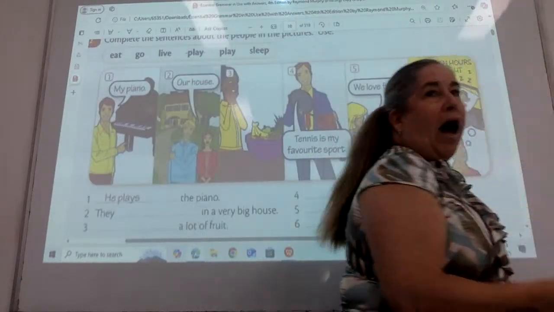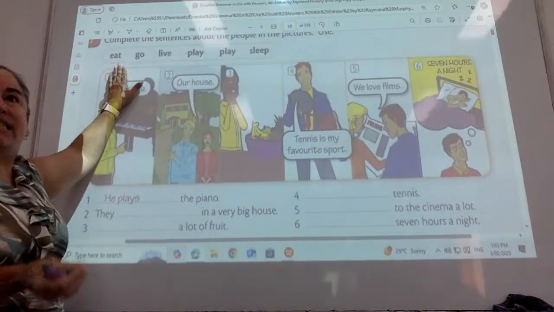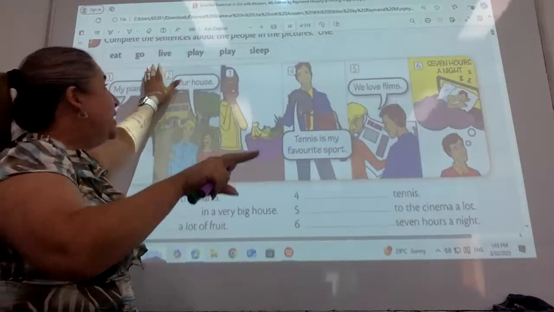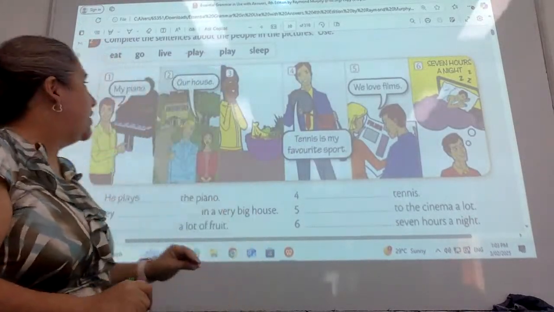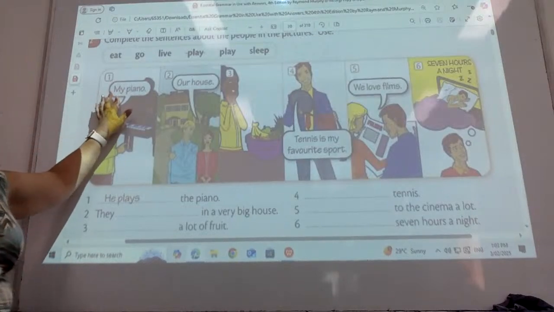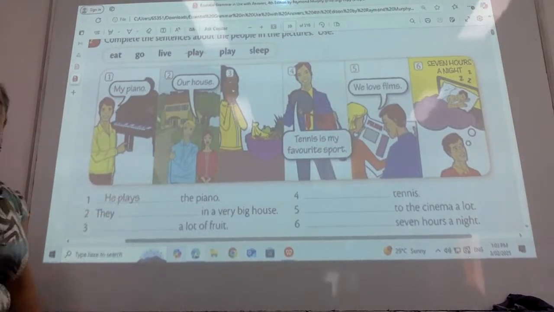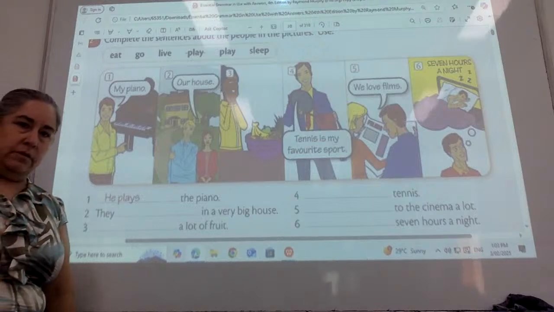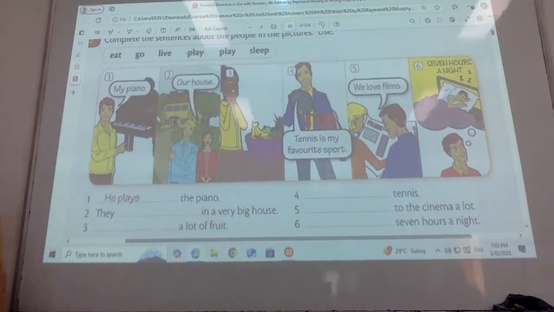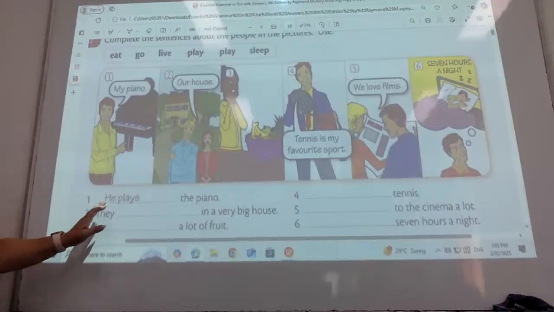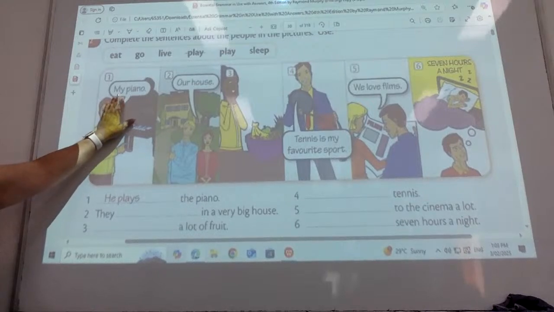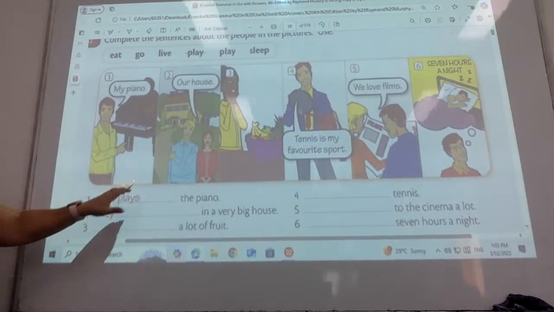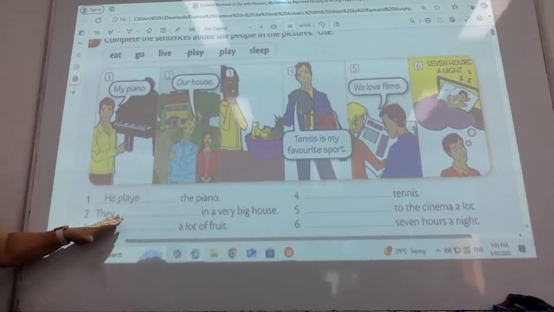So now I have the actions: eat, go, live, play, and sleep. Okay, so my piano. He says he plays, Danny, Unit 5, simple present. Okay, he plays the piano because this is my piano. So he plays. They say, our house. Frank. They, only Frank. They,